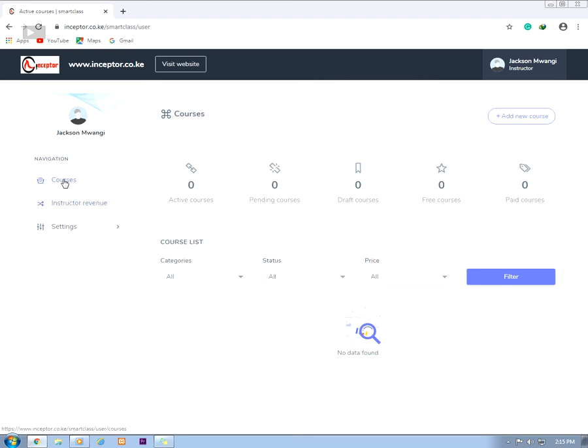It will show you a list of active courses. That is the courses that have been approved, and students can be able to access them and enroll and pay. We also have the pending courses. These are courses that have been set up by instructors, but they are awaiting approval and evaluation by the Inceptor team. And then we have the draft courses. These are courses that have been set up by the instructor, but they don't appear in pending or active courses